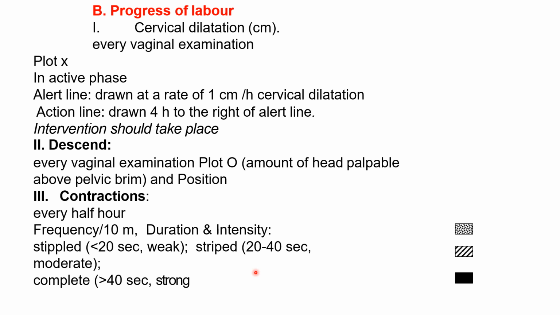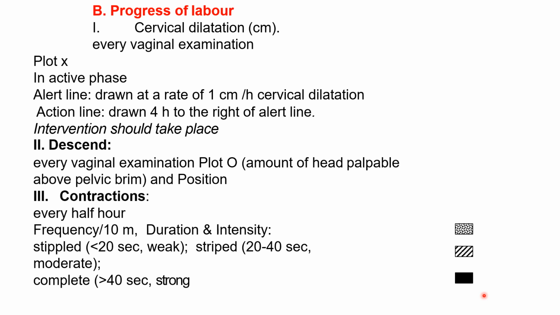And for the next contraction, assume that it was lasting around 30 seconds. If the uterine contraction is lasting between 20 to 40 seconds, you can mark like this. You can put stripes in that column. So that is a moderate contraction. And if a single contraction is lasting for more than 40 seconds, you have to shade that area fully. So like this, you have to see how many contractions she is getting and what the feature of each contraction is, whether it is a mild, moderate, or severe strong contraction, and you should shade the columns accordingly.